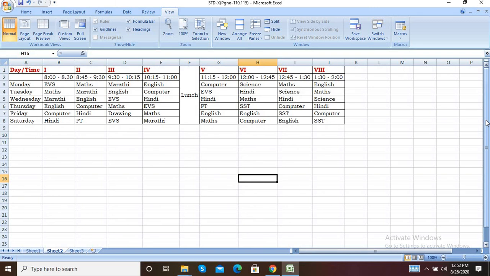And the theory homework for you is you have to complete the assessment time on page number 110. After the activity drill, there is assessment time. Then on page numbers 115 and 116. Okay, so after the activity drill, there is homework, theory work for you. So complete that theory work also. Okay, thank you.